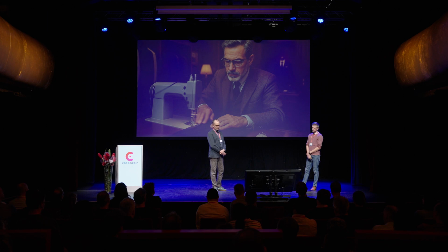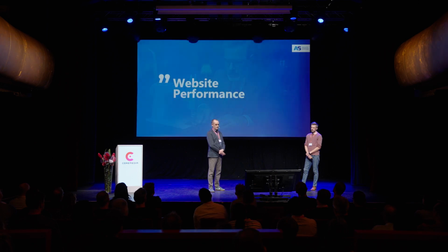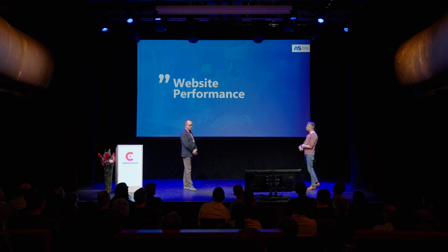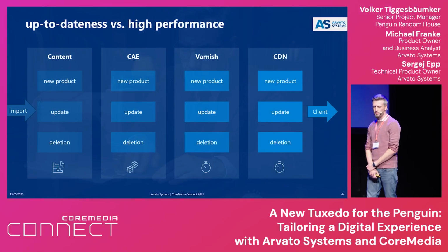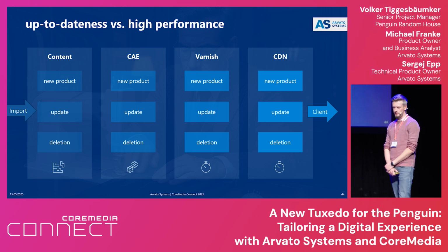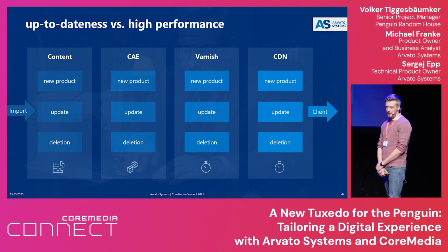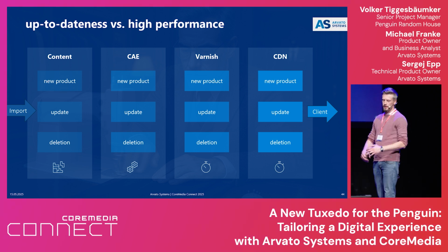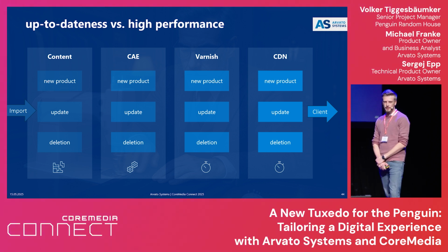Yeah, now the client is demanding and the Tuxedo must be ready in time, so the tailor races the clock. Now, website performance, also a very crucial topic for the customers. So in the beginning, there were maybe some troubles. We had to deal with a lot of legacy calls. We had to process and clarify all these things. And performance is, I wouldn't say it's easy to handle if you put a lot of caching layers inside. But the crucial thing here was to be up to date with the data